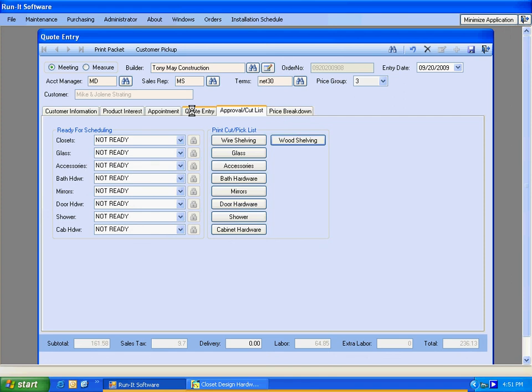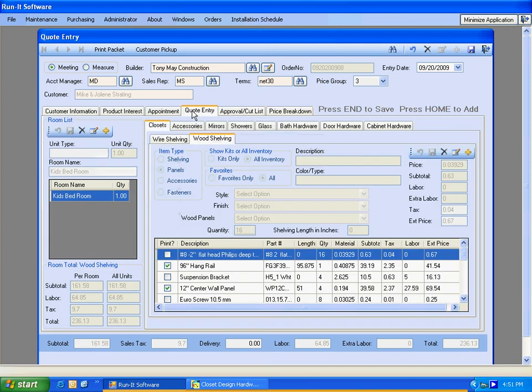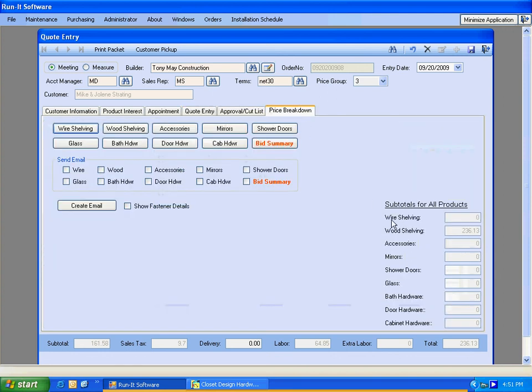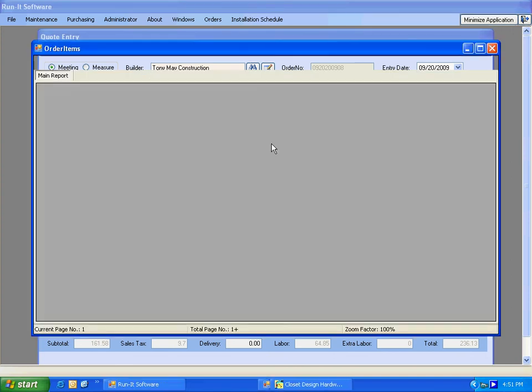Now if I go over from quote entry, back here where I was generating the quote, to cut list, to price breakdown, this is just kind of a pricing page. Here's what my totals are for every item that I'm quoting. Right now it's just wood shelving. Here would be a bid summary, which is a printable or an emailable report or document that shows